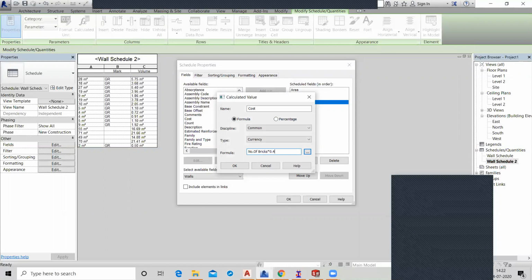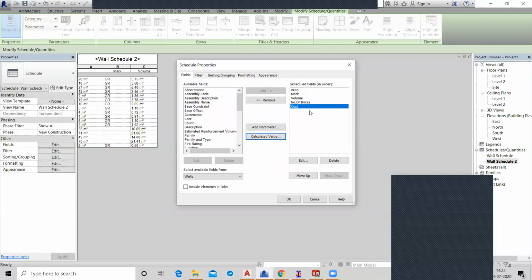Just click on OK. So this is your cost. Now if you want to assign the material on your walls, which depends on the area.